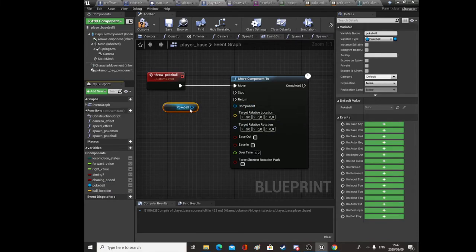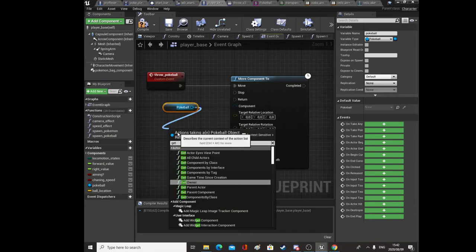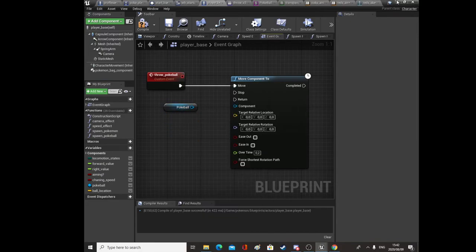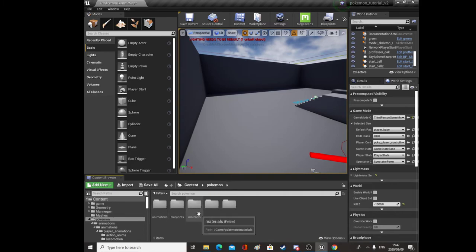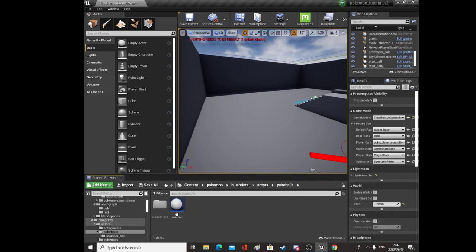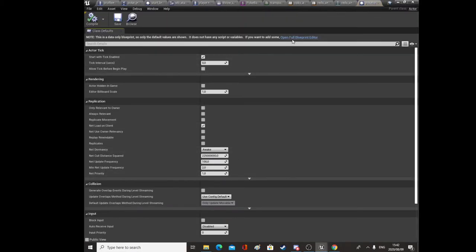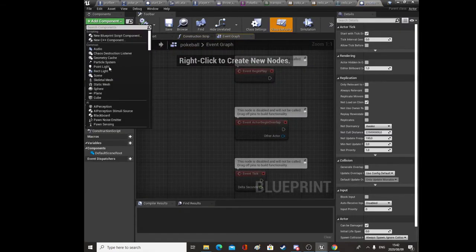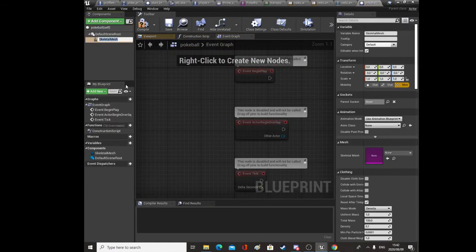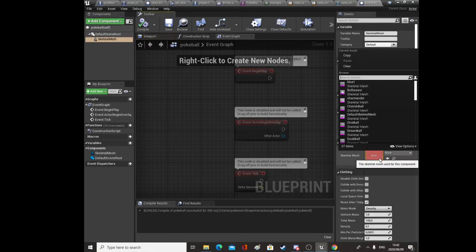We're going to get our Pokeball. We don't even have a mesh in there. So Pokemon, blueprints, actors, Pokeballs, Pokeball, and we need to add a mesh in here. Add component, skeletal mesh, and compile. Just set this to Pokeball,